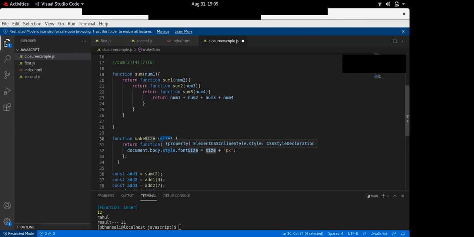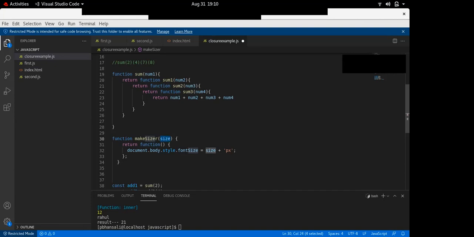So where is the closure forming? This inner function has formed a closure with this size variable, because size is a member of makeSizer and this inner function is using this size. The inner function is using a member of the outer function, and that is because of closure.